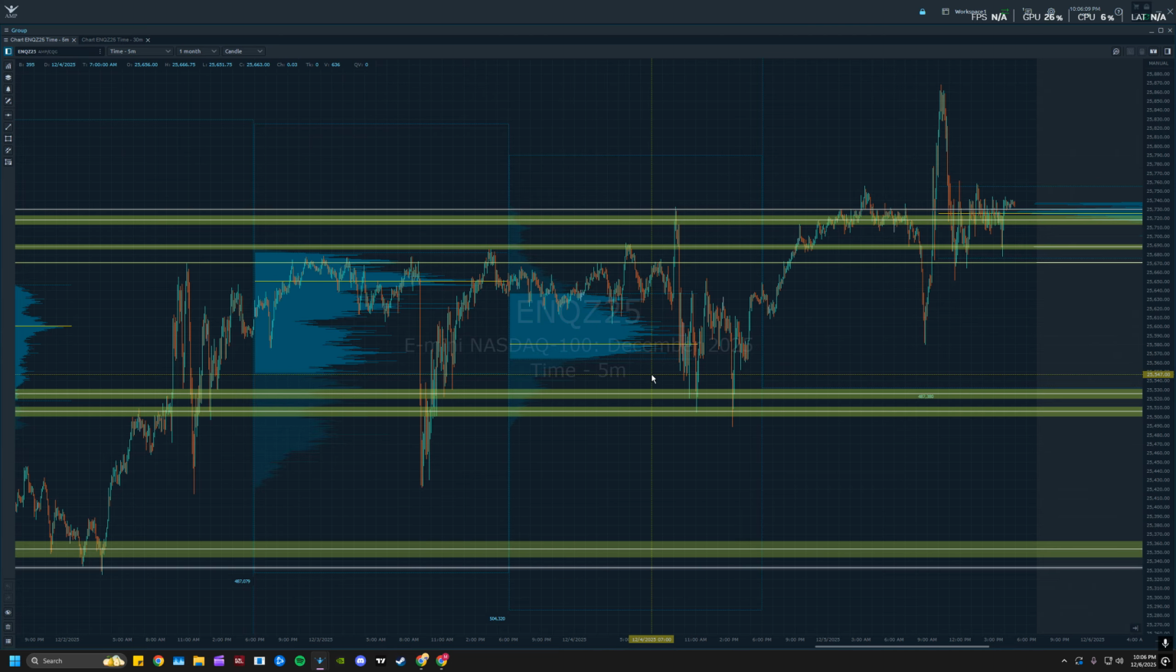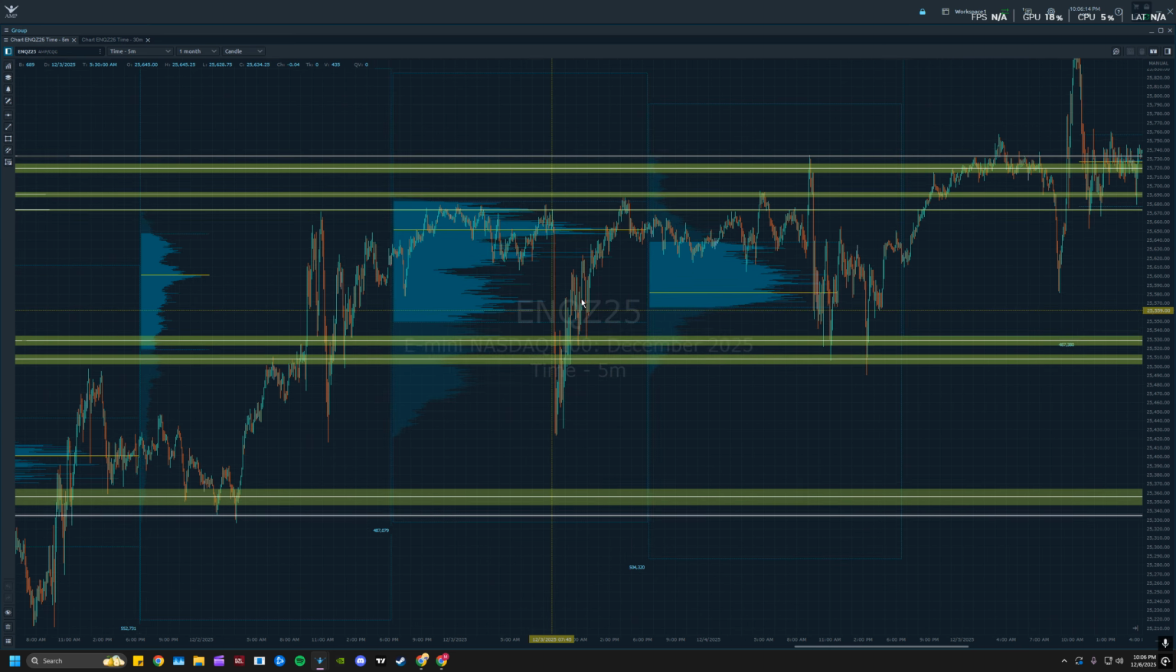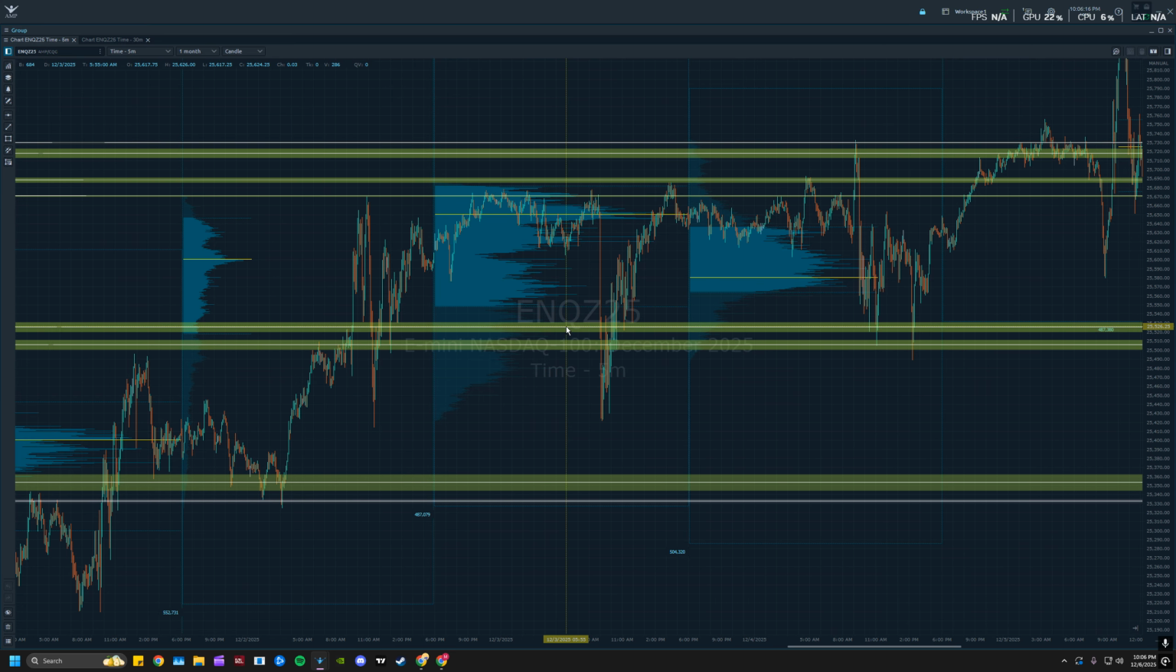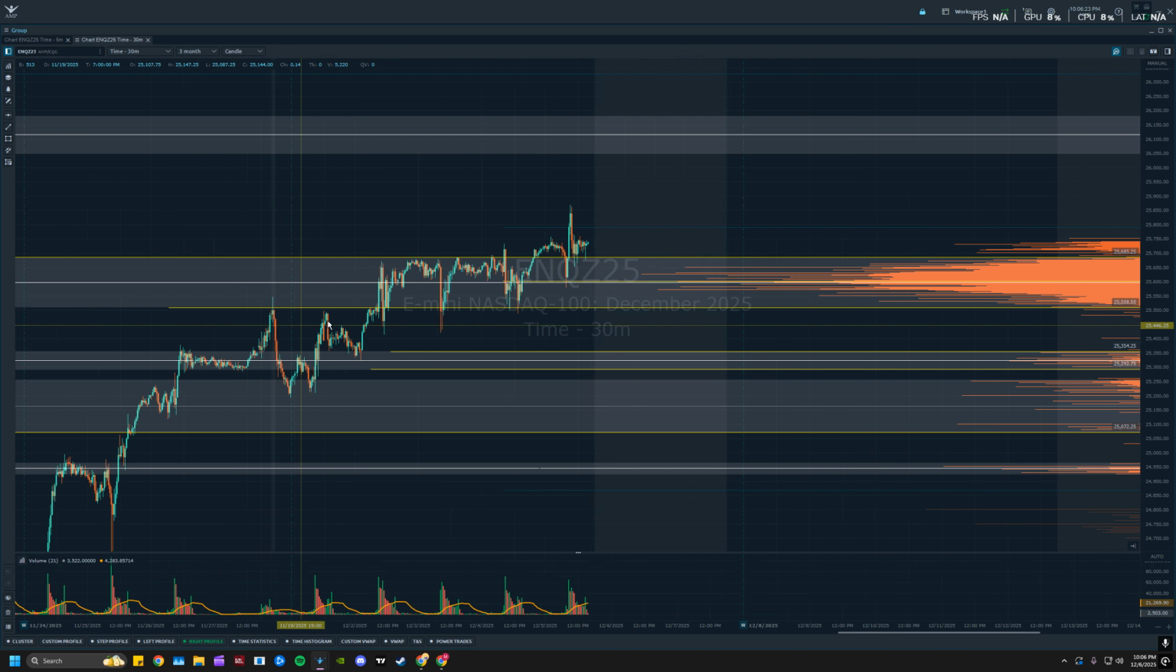So I want to highlight a trade that I took on the 4th that was extremely clean and it was super obvious. And it was this one right here. So this is the 4th. So as you guys can see on the 4th,